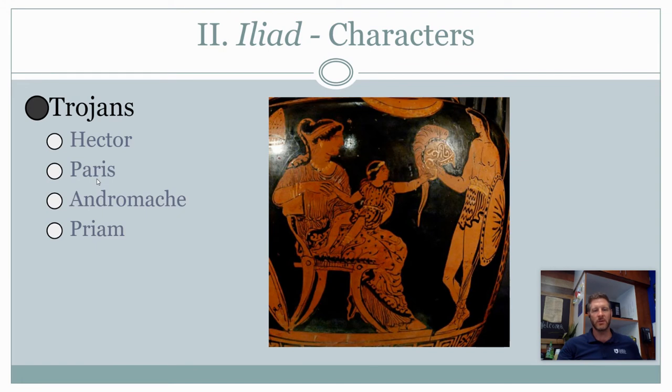Paris, he's the one who kidnaps Helen, though in some stories it's debated who Helen is in love with. Andromache, that's the woman there, that's the wife of Hector, and Priam is Hector's father, who's going to also figure prominently in the second reading you do in our textbook, because he survives. Once Hector is killed by Achilles, Priam goes to Achilles to beg him to have his son's body back, because Achilles not only kills Hector